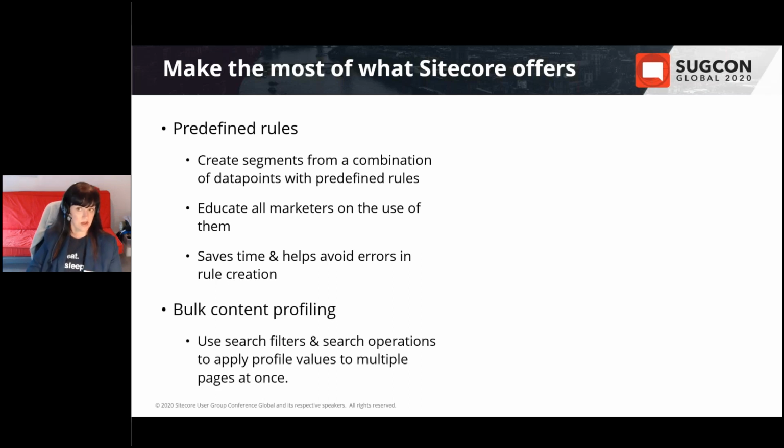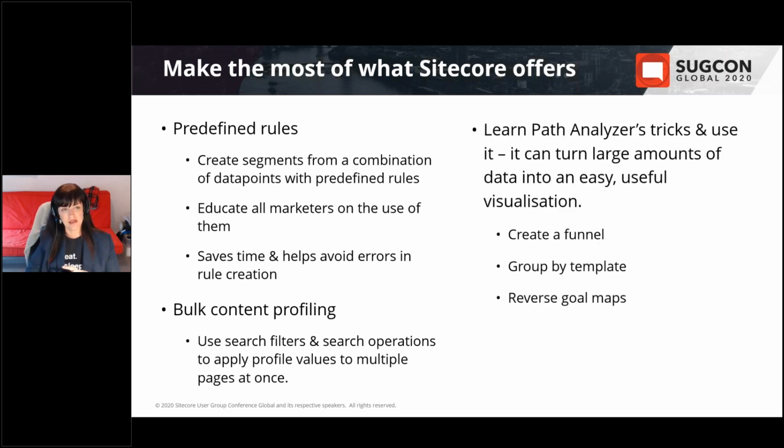Bulk content profiling. If you haven't had a look at the search filters and search operations in the content editor, they are really cool. There are some very fun things you can do in there. For example, you can use it to apply profile cards or profile values to an entire set of search results. That can save you days of work in a few clicks. Just get the search right and you're good to go. Similarly,